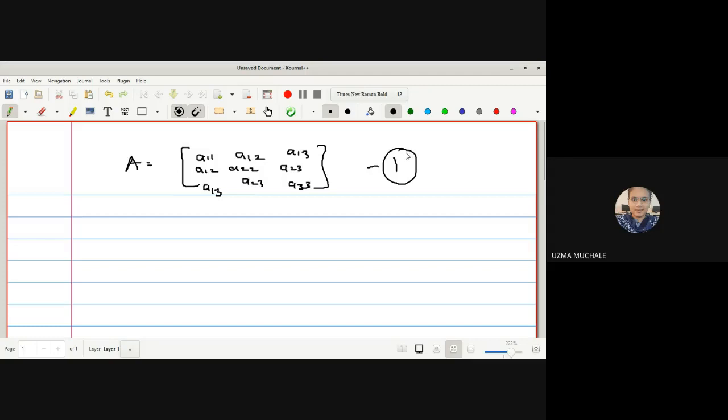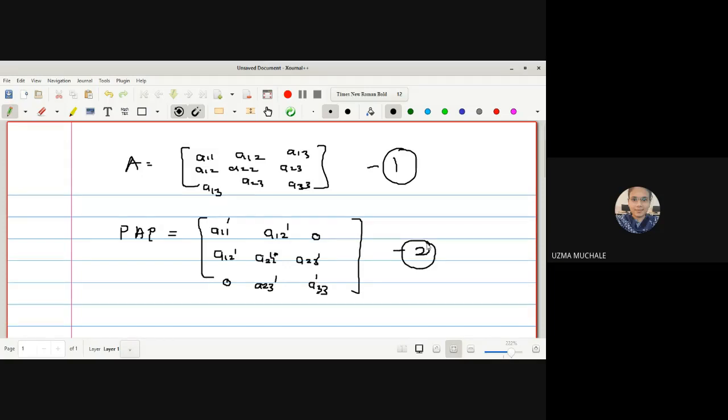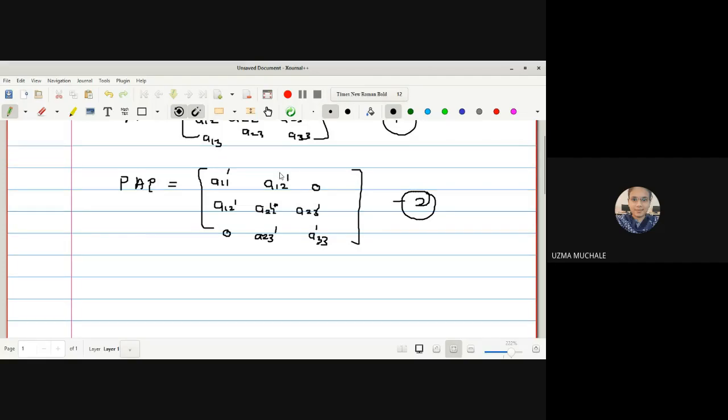In this method, we are going to find a symmetric orthogonal matrix P, or P1, such that PAP is equal to the matrix where the prime or dash denotes the new elements which we have obtained later on. In the Householder method, we should have a P of the form.